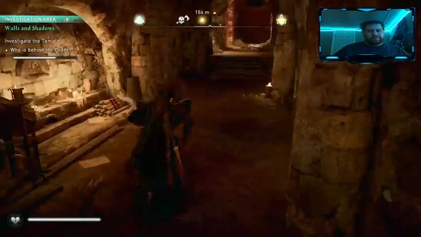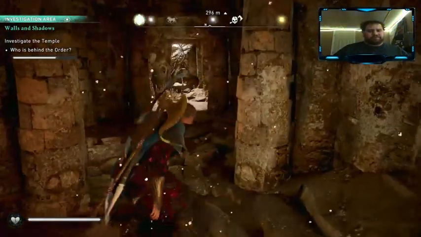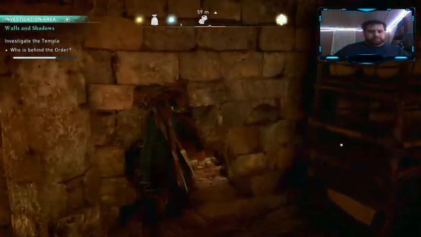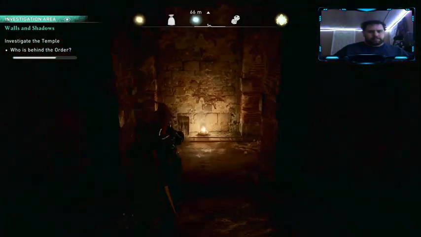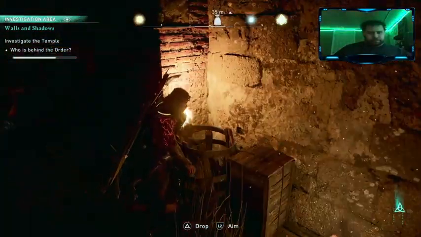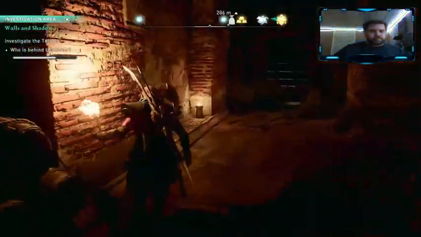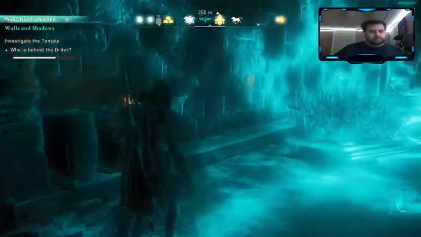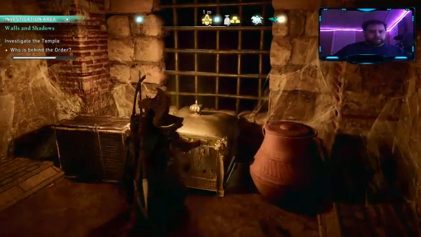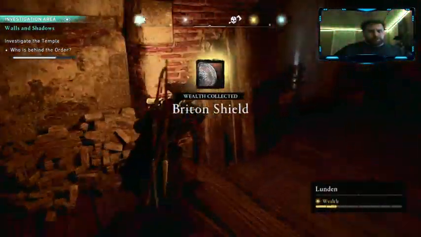That's kind of dumb. It gets you through the door. You can't shoot at the door through the door. Seems like a gross oversight. But I thought that was going to be a good idea. A Britain shield. Ooh. Okay, so this is...